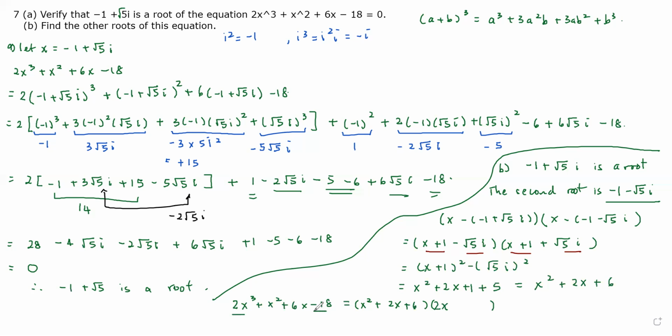And the constant term is -18. We have a 6 here. 6 times -3 will give us -18. So the third root must be 3/2. We set 2x minus 3 to 0, and then we have x equals 3/2. So this is the third root, and that is the second